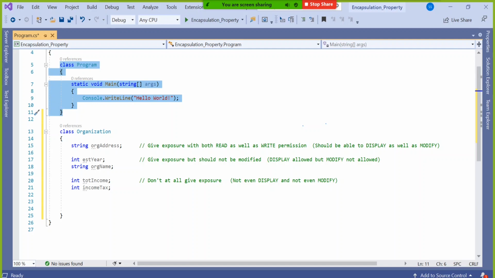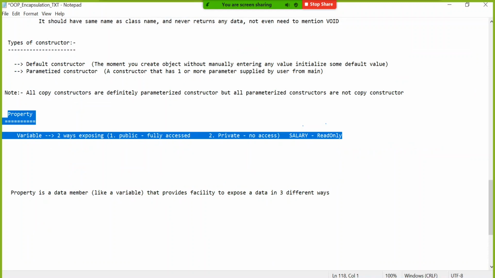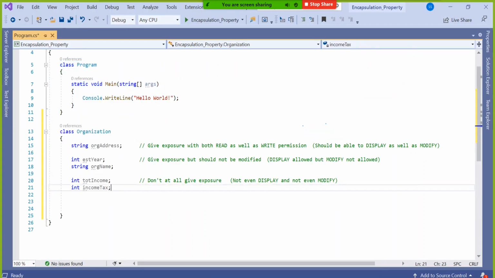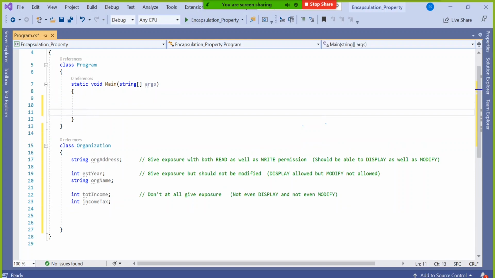Now let's go for the solution. Imagine you have no idea about property because we have not started it. Obviously you don't have an idea about property, you have only an idea about variable. As a data member, you can see I declared variables only, all of them. Now you tell me how you will restrict it. If I am coming to main, because this time I am not going to jump to property, actually I am discussing the problem scenario behind variable. So you tell me, here I came, I created an object. How to create an object?